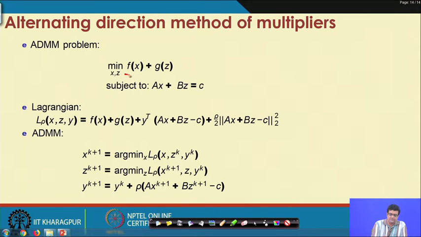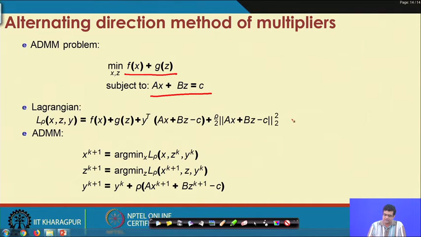For simplicity, we use the sum of two functions f and g, optimized with respect to x and z, subject to an equality constraint. Here we use a general equality constraint. We will see in a minute the specific constraint where x is equal to z, which corresponds to the distributed optimization problem.